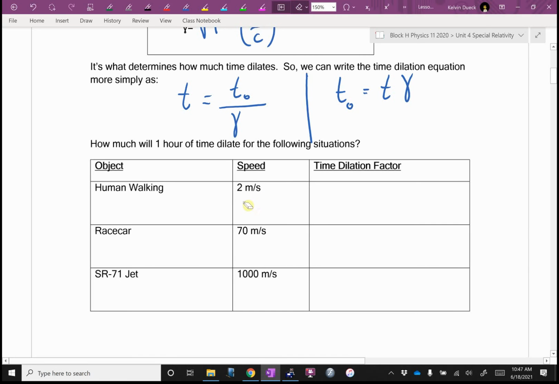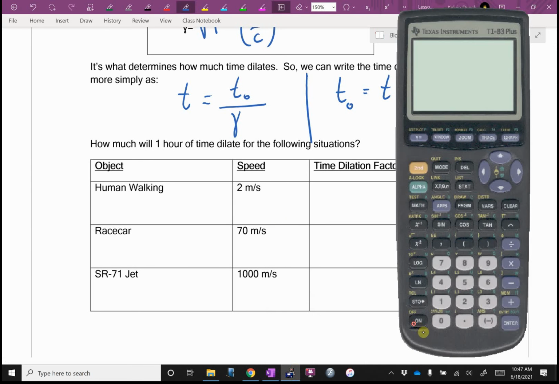So let's suppose that one of you goes for a walk. 1 hour of our time will be how much of your time? Your time should be passing slower, so our time should be a bigger number. Let's crunch this. If you want to get out your calculator,